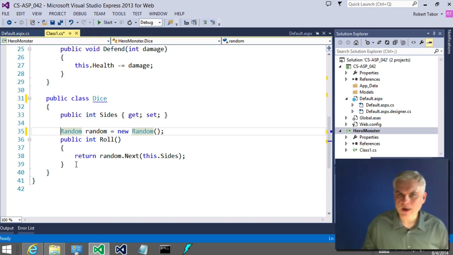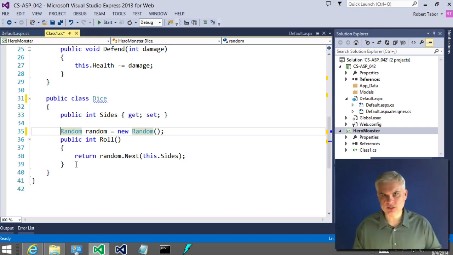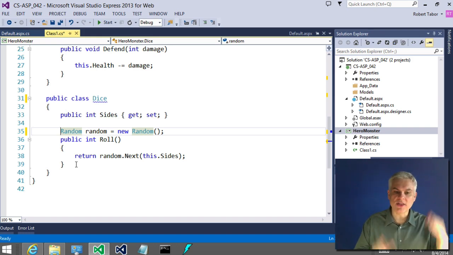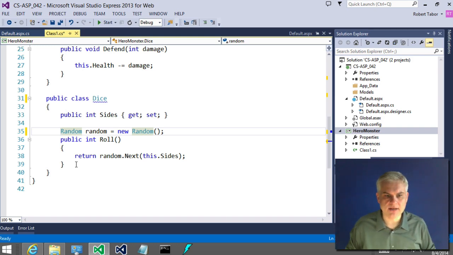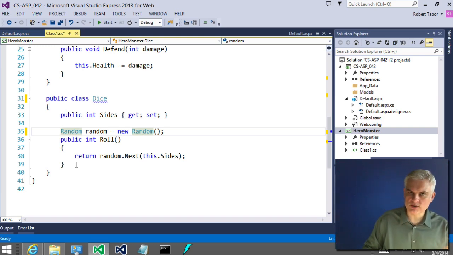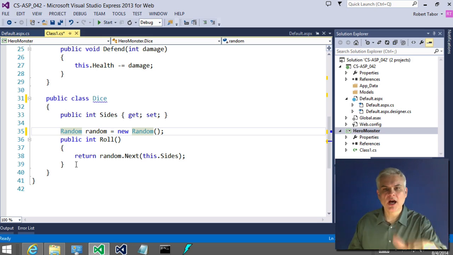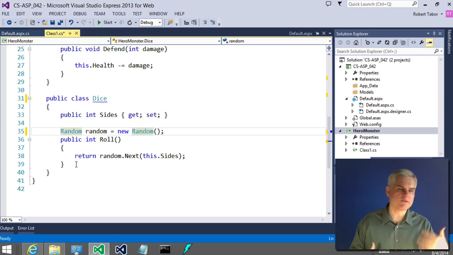Nobody else should even know how I'm implementing a random dice roll. That's not for them to be concerned with. I've given them a public sides property and then a public roll, and how I handle it from there is nobody else's business. All right, so that's one reason why you want to use a private field, to keep a reference around of objects or variables